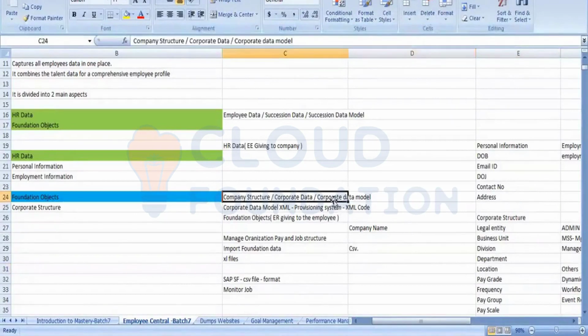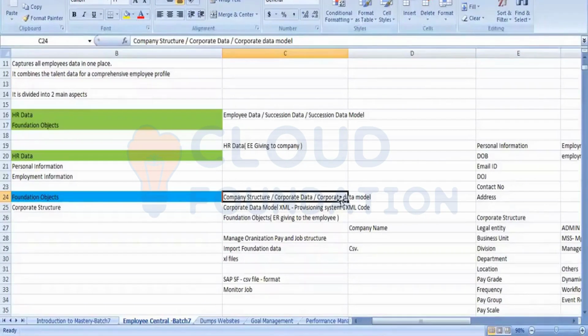In provisioning we have a data model tool, and altogether we have 7 data models. I will explain all the remaining data models in detail, but among the 7, one of the important ones is the corporate data model.